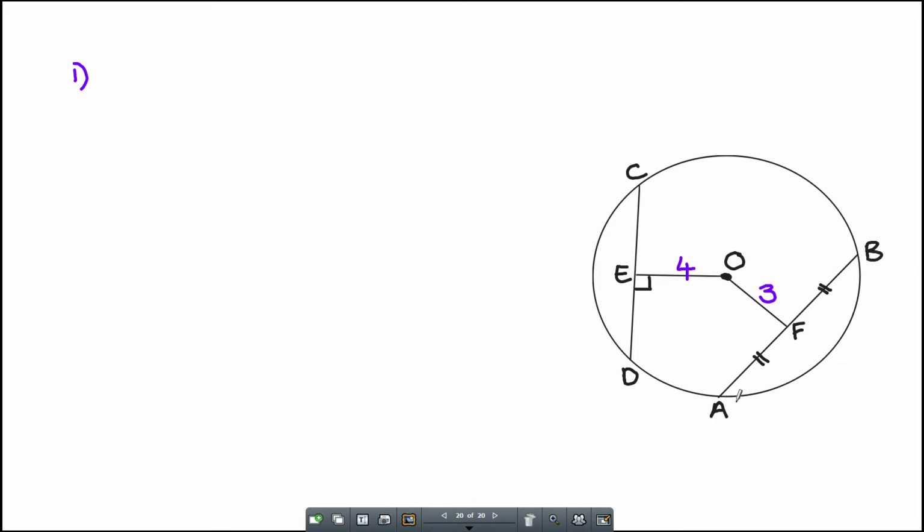No, but I'm going to skip to directly saying this will be 4 and 4. Nee, hy het mos vir gesê hy is 8 en hulle wys my dat AF is gelyk aan FB, so dis hoekom ek hom so mag gaan skryf het. Nee. Now, they want you to get the length of